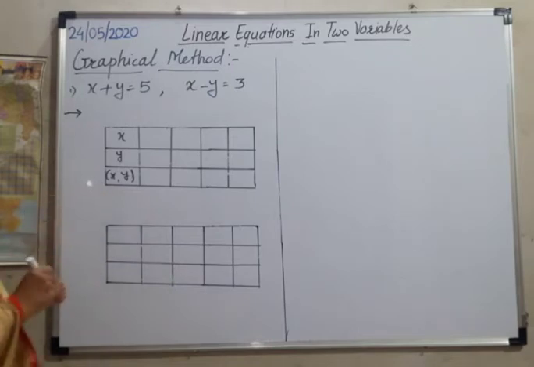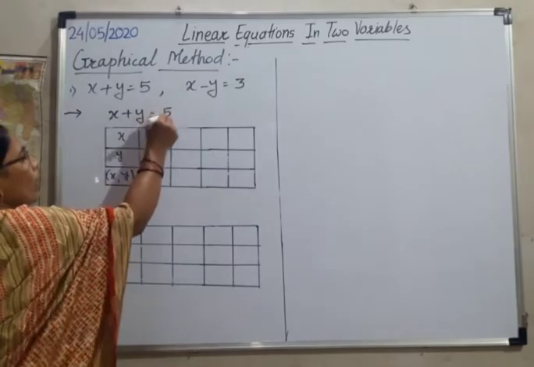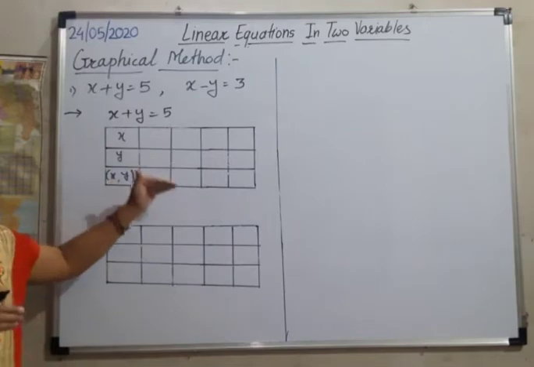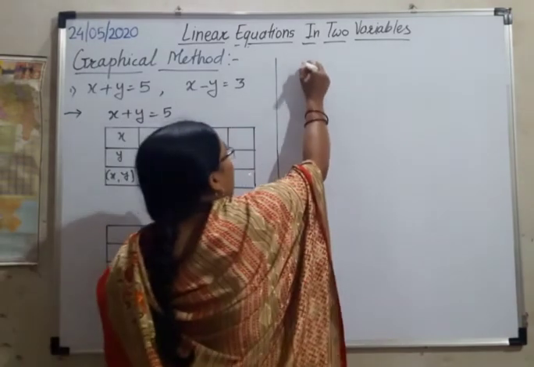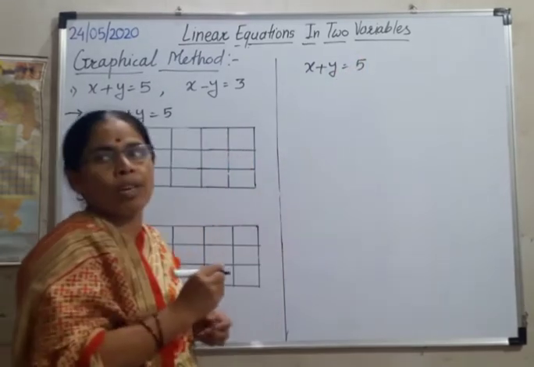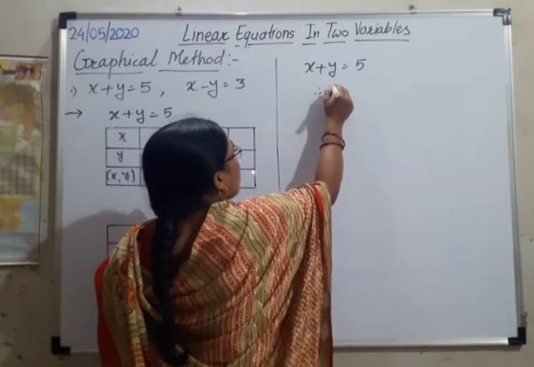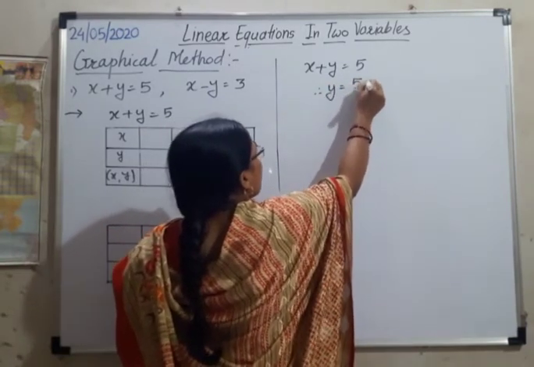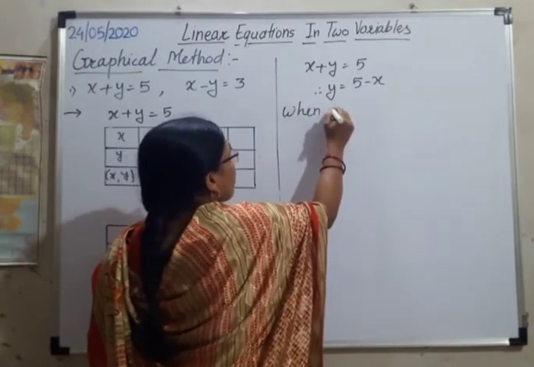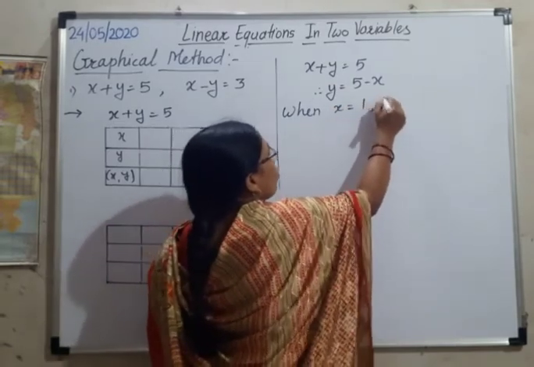Here the first equation is x plus y is equal to 5. For that we can consider the values of x and then find the values of y. This equation we have to write in x form or y form. Therefore y is equal to 5 minus x. Now you can take any value of x. When x is equal to 1, then y is